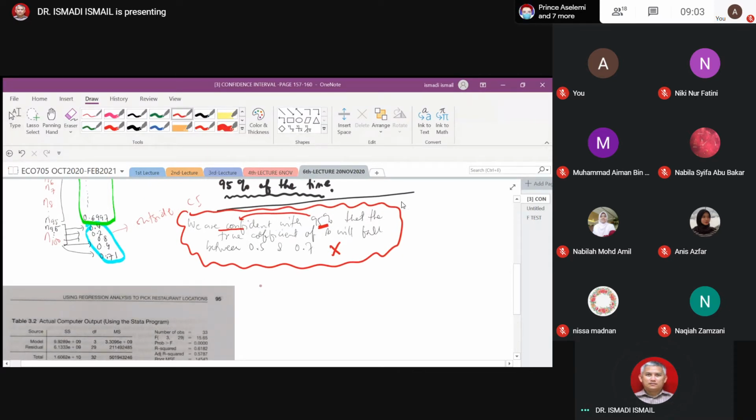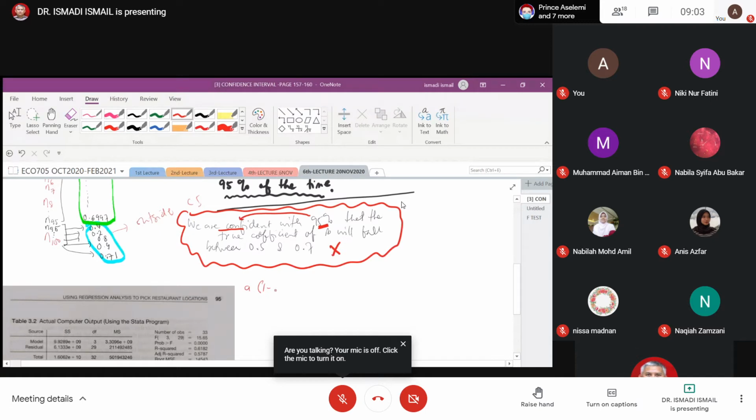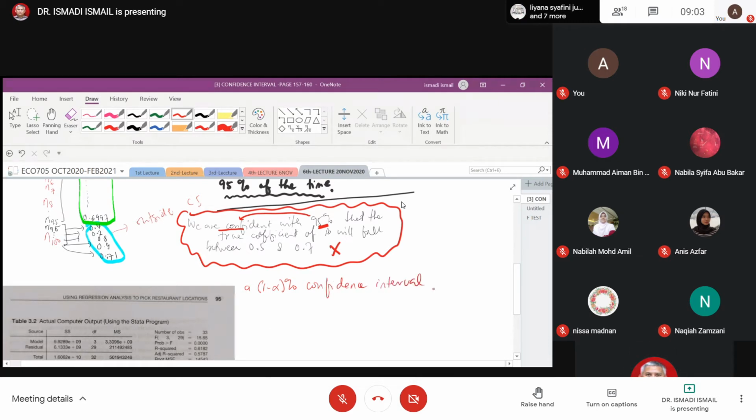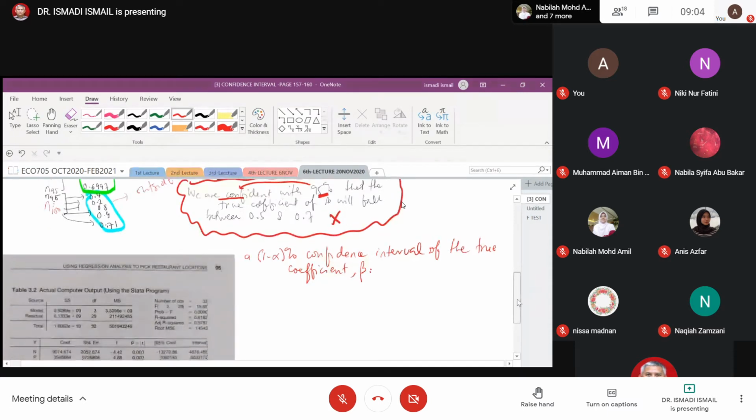So the 1 minus alpha percent confidence interval of the true coefficient theta can be written as